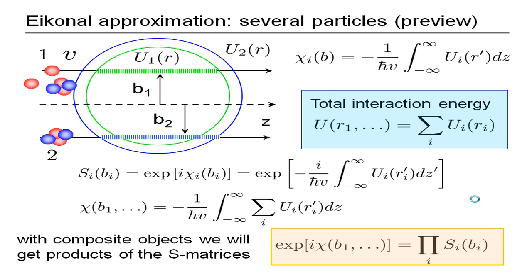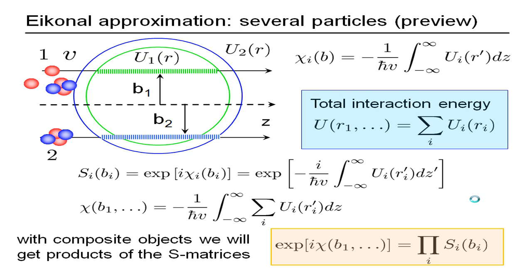Okay, so this is the advert for what's to come. I say the power of this method is, don't think too much about this slide. The power of this method is, if instead of having just an elementary particle coming in, say I had 2 alpha particles and 2 neutrons, what would that be? Beryllium 10? If I wanted to describe my projectile as 4 particles coming in, 2 alphas and 2 nucleons, then these